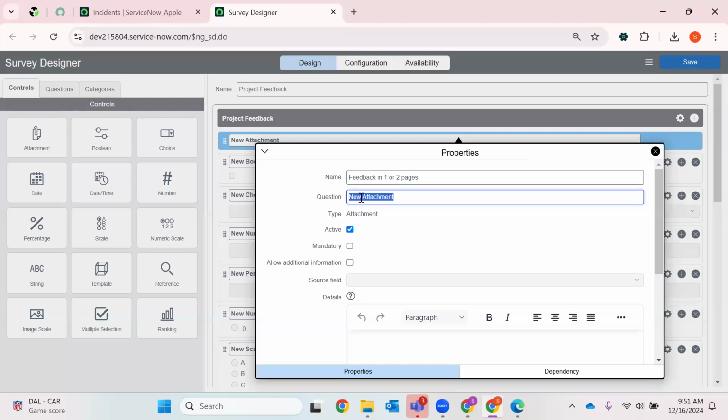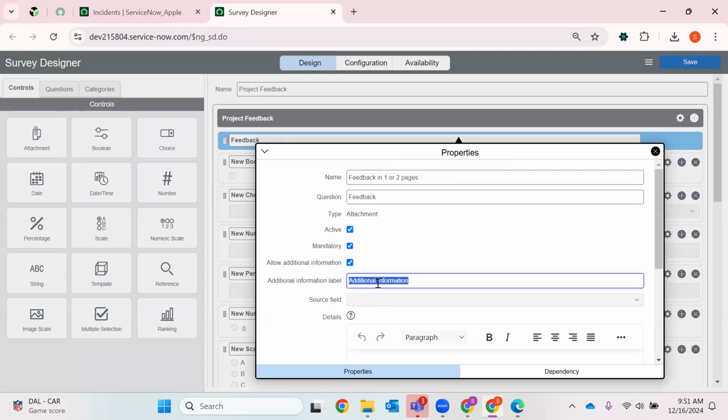So just give the name and question. If it is mandatory, you can also make that field mandatory from here. Okay. If you want to add any additional information,